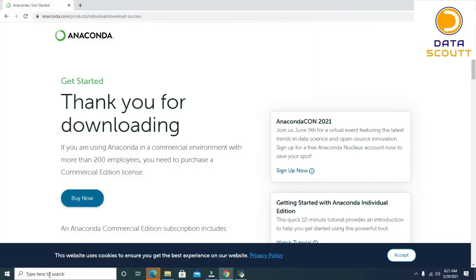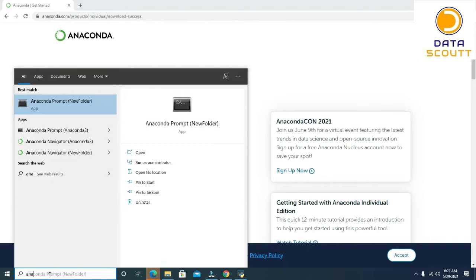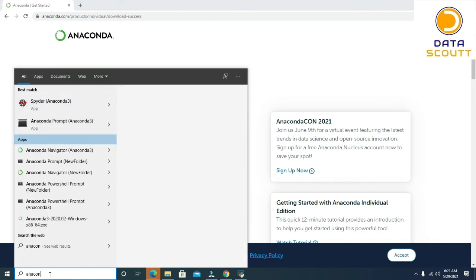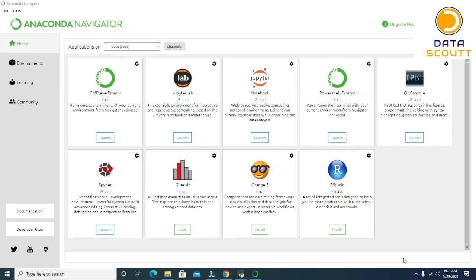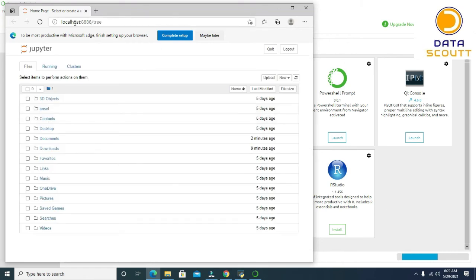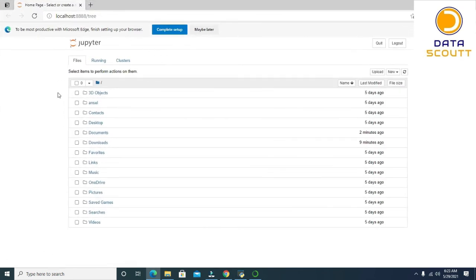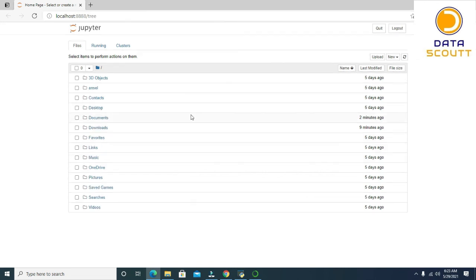So let's go and search, and click Anaconda. You can either go with this prompt or we can use this graphical interface. When we click on Anaconda, we can see this kind of page. We will just launch Jupyter. To start the Jupyter notebook, we will click on Launch. You can see it has started launching. Right, now it has started on the localhost. We can see it here. It started running. Now for a sample purpose, we'll create one Python 3 notebook.